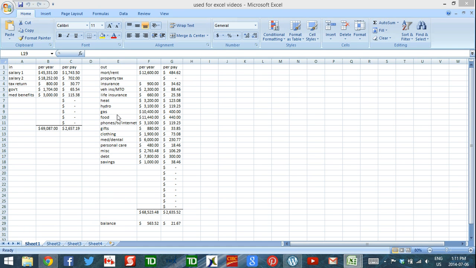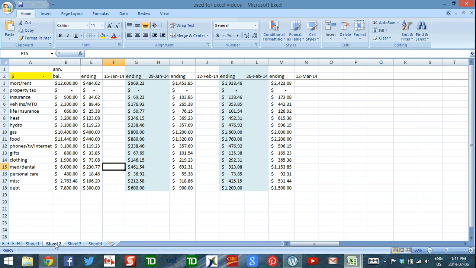This week we're going to simplify your cash flow management. So remember in the first and second Excel videos I put out, we made this budget together. And then in the third and fourth videos, we connected them to this cash flow management system. So now I'm going to show you how to simplify this because you actually don't need to track all of